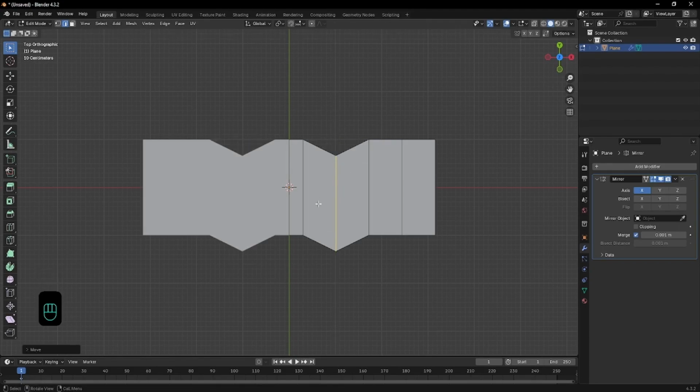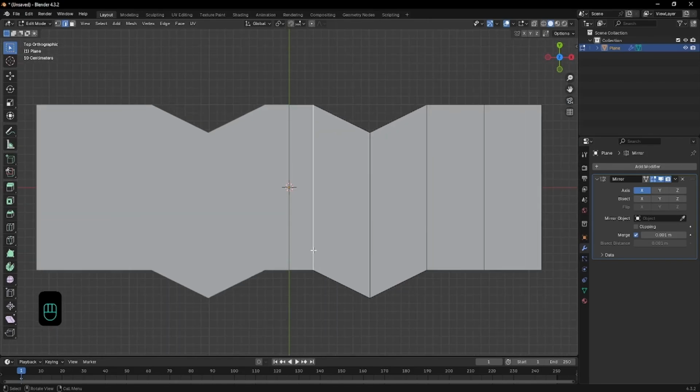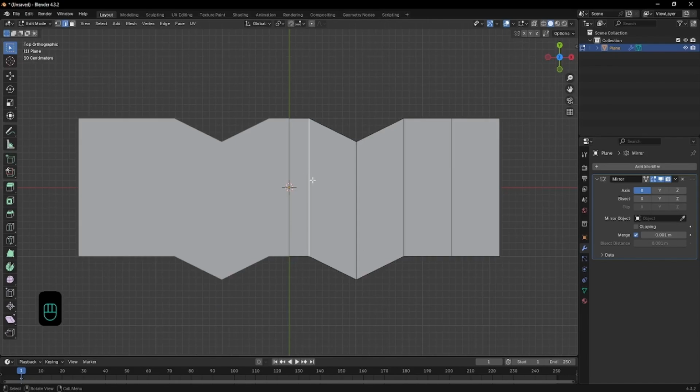And what we want is that we want these edges, these transitions, to be a little bit smoother. Right now it's very sharp, and also here, this is a very sharp turn. So we can just add some bevel. To do this, we can just select this edge and press Ctrl B, and we can turn the wheel to add more edges. But for now, I'm just going to do one here,